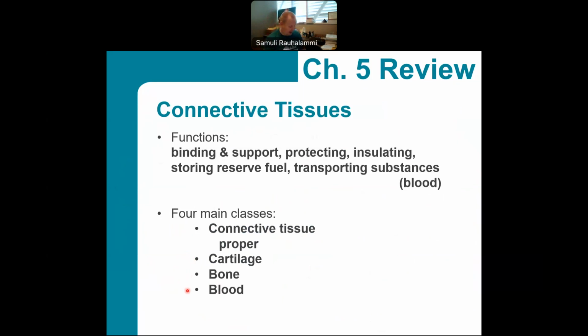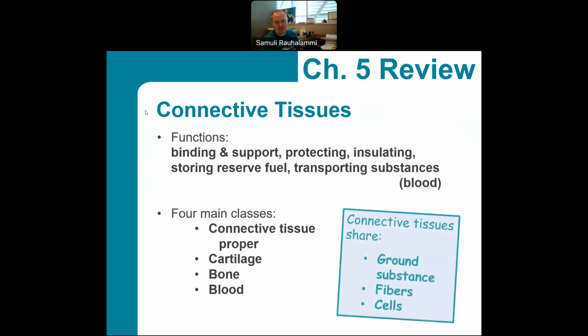And like I said, blood is an interesting connective tissue since it connects body parts more through its transport functions. But blood, again, you'll study in more detail in your BIO202 courses. We'll see that blood is made of various different cell types, red blood cells, white blood cells. We'll see plasma, we'll see platelets, and so on. So it's a very varied group when we talk about connective tissues.